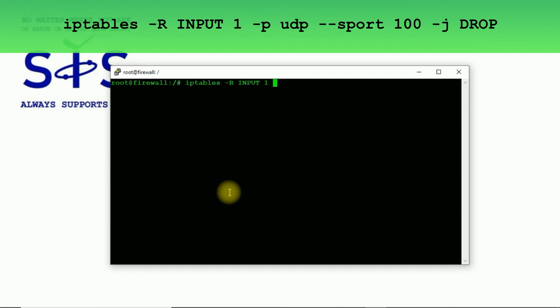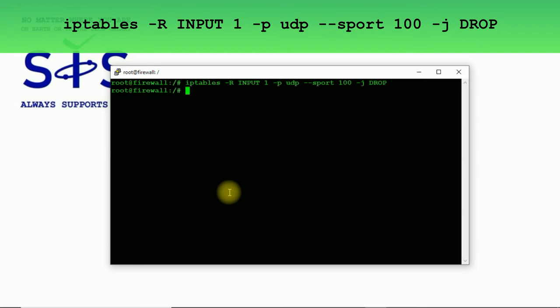So for example, protocol now will be UDP, and now we're going to have source port, and the source port will be 100 for example, and we're going to drop this kind of traffic, sent from source port 100 using UDP protocol.